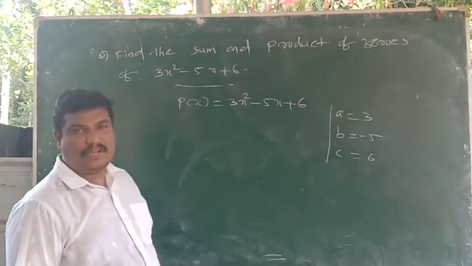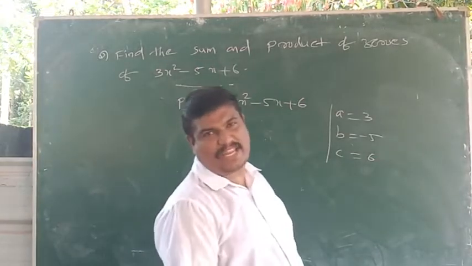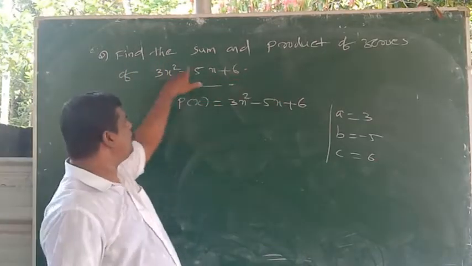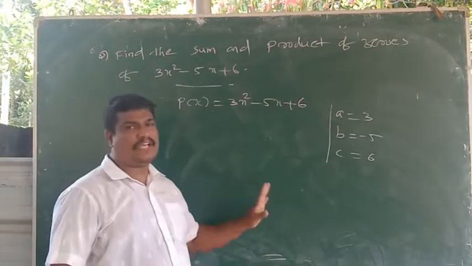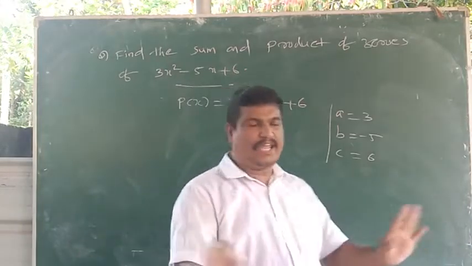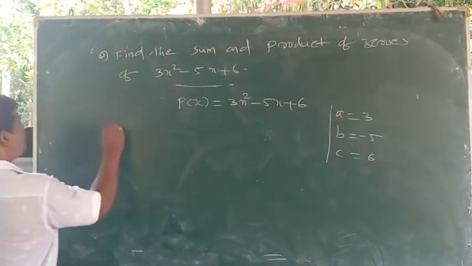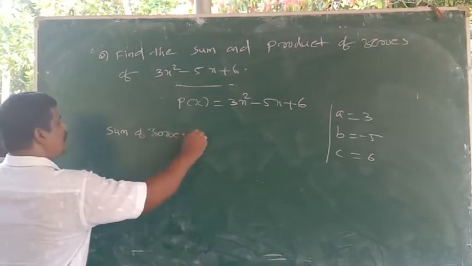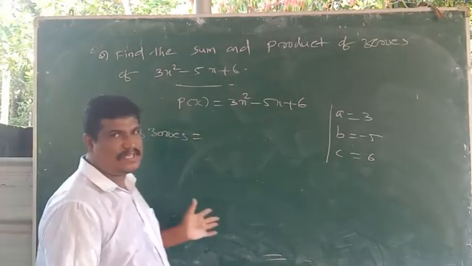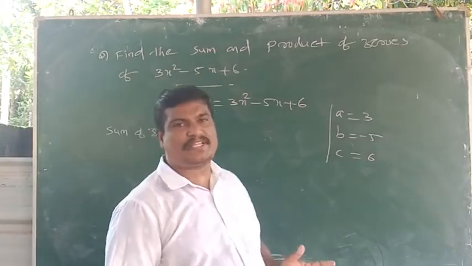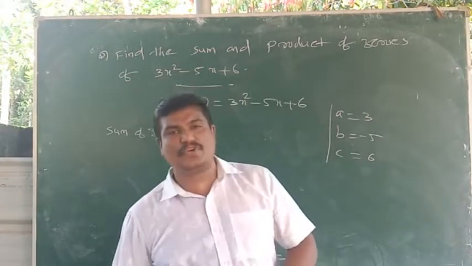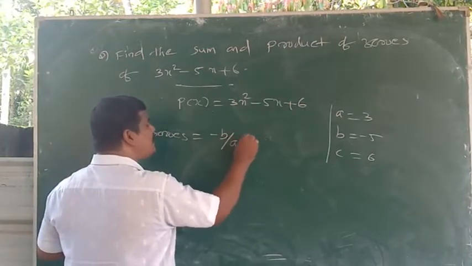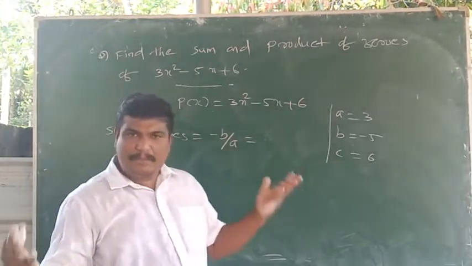Do we need to find out zeros? No, never. Okay. So here, easy method. You need to find out the sum and the product of zeros of the polynomial. First find out zeros? No. Okay. So here, first sum of zeros. Easy. What is the sum of zeros? Alpha and beta are the zeros of the quadratic polynomial. Sum of zeros, what is the formula? Sum of zeros is equal to minus b by a. Simple step.